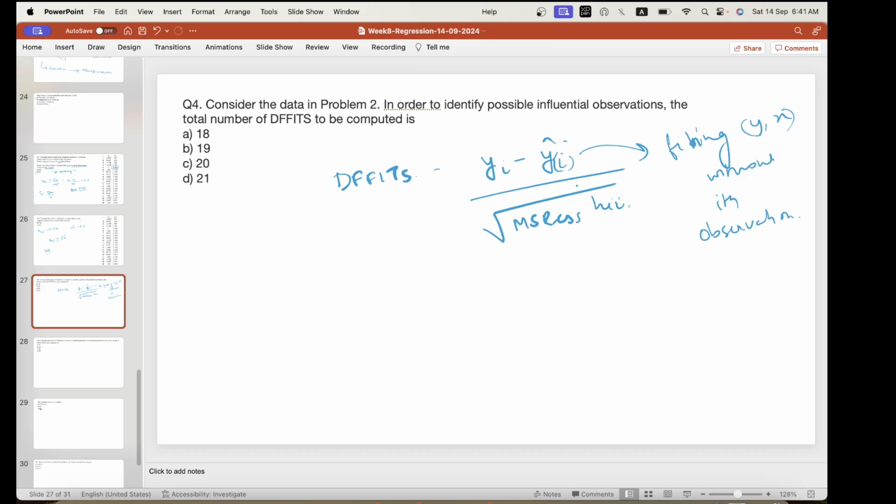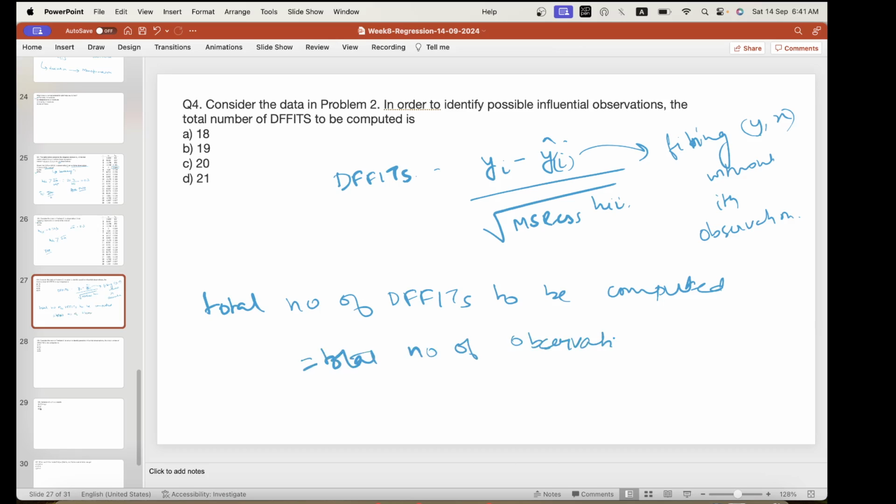So therefore, the total number of DF fits to be computed always equals the total number of observations. So the answer is C, 20. Alright,